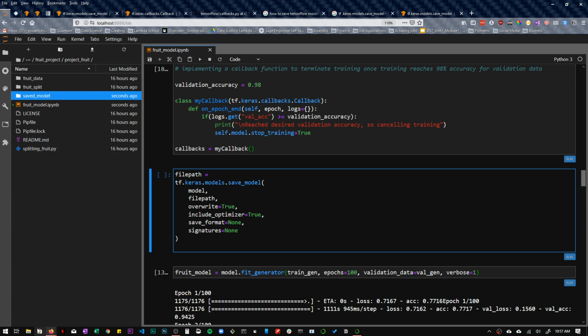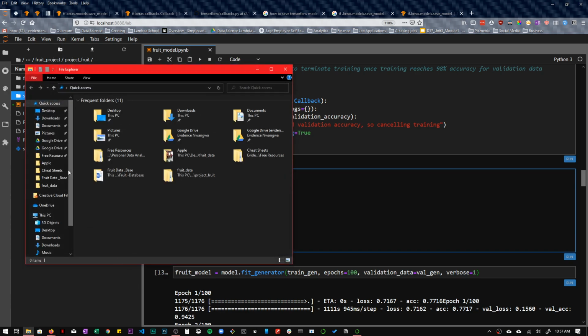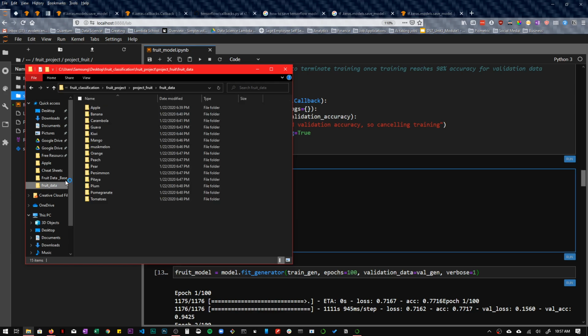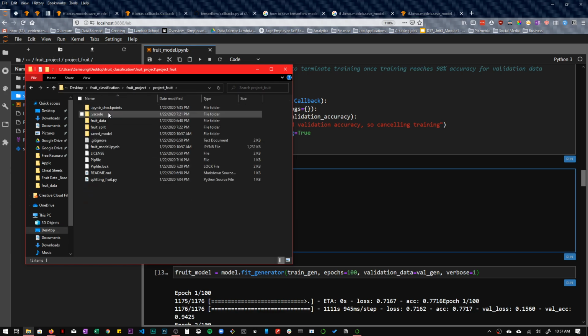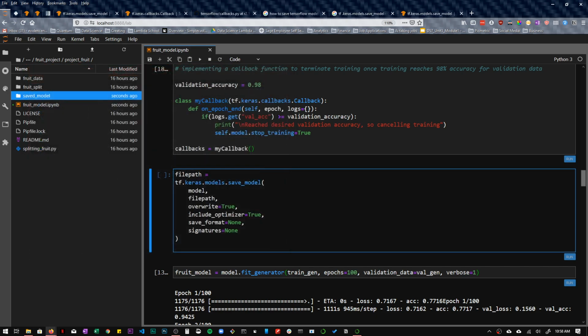All right, now let's go here and find the home, copy path, and let's put this here. Of course, this will throw an error because of a Unicode error, so you need this r to make sure the computer knows this is a string.